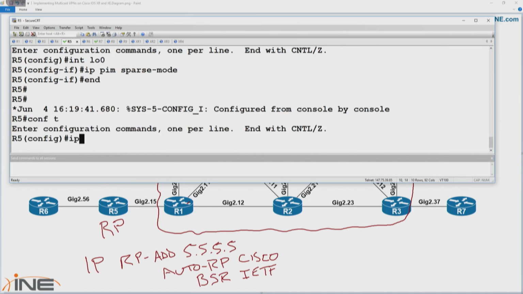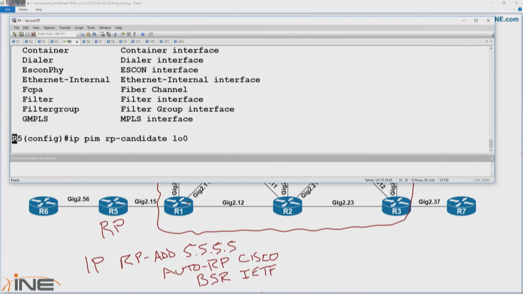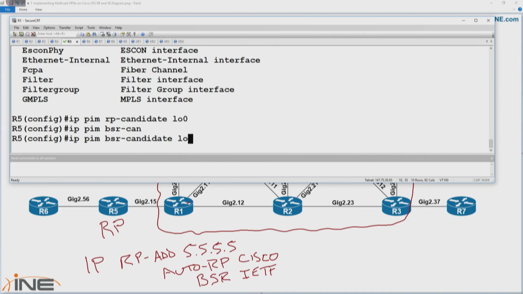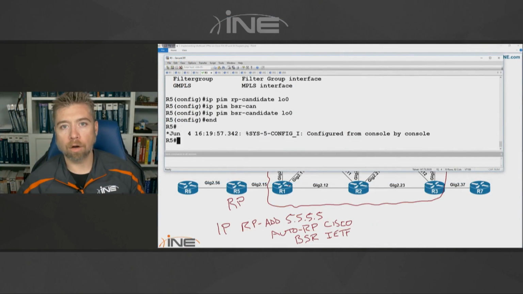And globally, IP PIM RP candidate. Okay, what interface are we advertising? We're advertising our loopback. And IP PIM BSR candidate, loopback 0. Now the BSR messages are encoded directly inside of PIM, where the auto RP messages have a separate control